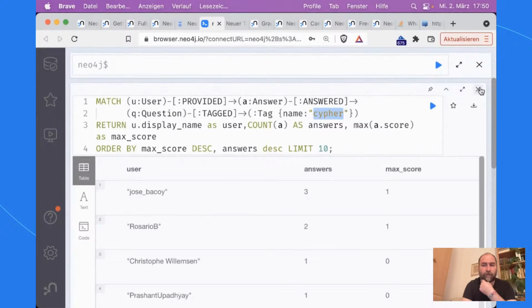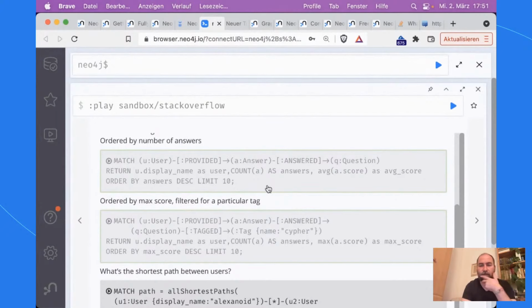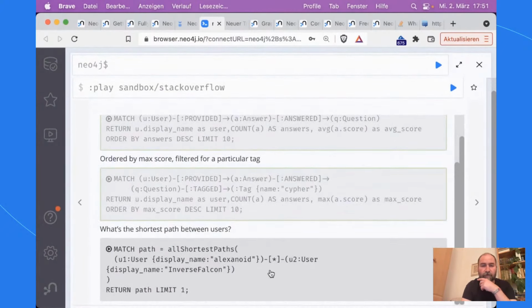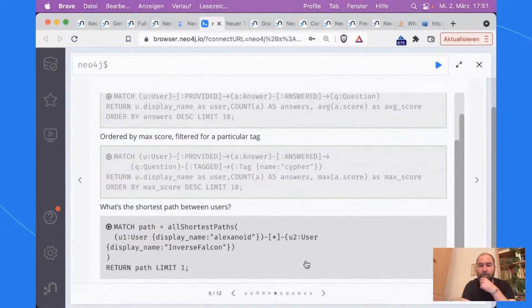If I imported the whole database, the whole 21,000 answers, then I would have this over time. I could add creation date for queries or who's recent and things like that. So the shortest path you've already seen before, and because I only imported a fraction of the data, this doesn't work here because these two users are not in this data set. I tried this before. But if you could put in other people, then you might find it in Rosario B and